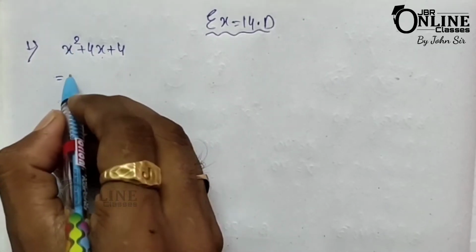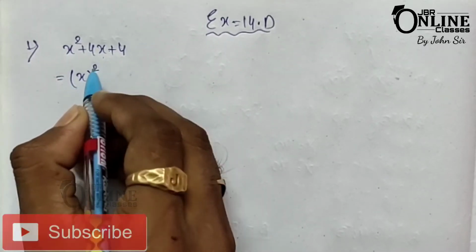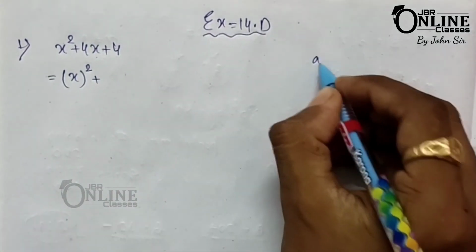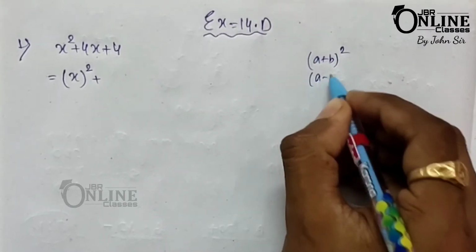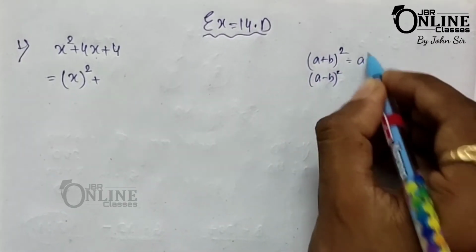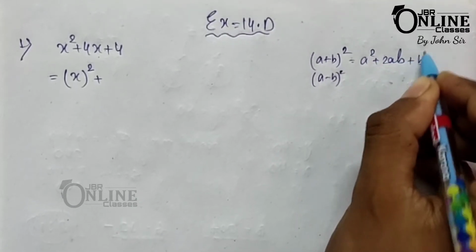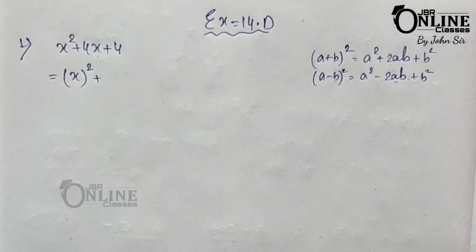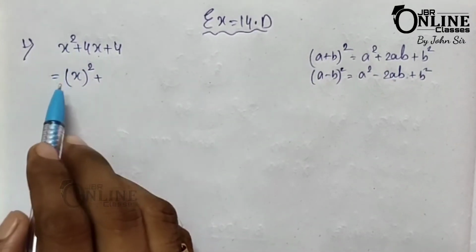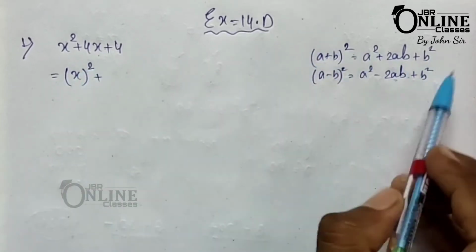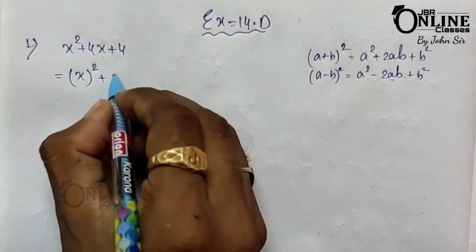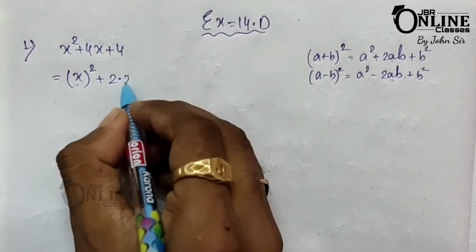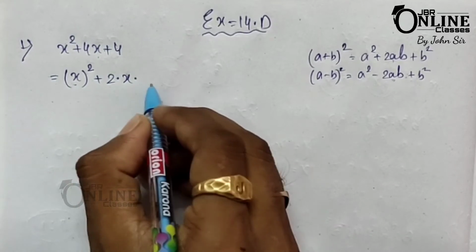First write down x square. So x square, write it in this way, x whole square. Now for the next one, as you know the formula a plus b whole square and a minus b whole square. So a plus b whole square, the formula will be a square plus 2ab plus b square, and same thing a square minus 2ab plus b square. So suppose this x square is a square. After a square the formula will be 2ab. So just write down here 2 and here a. 2ab, here a means x, so just write down here x, and for b just put a gap here.